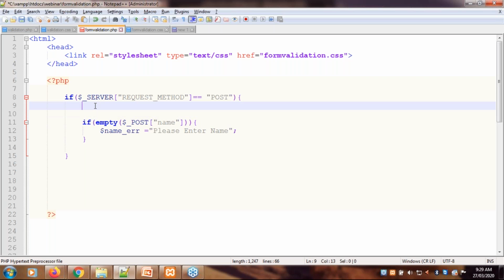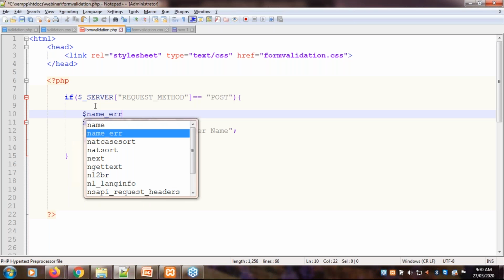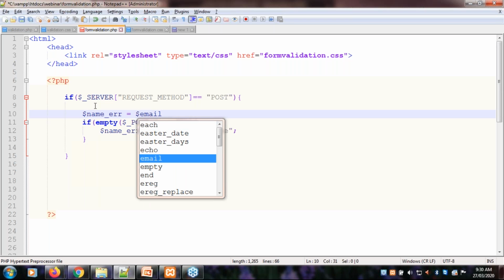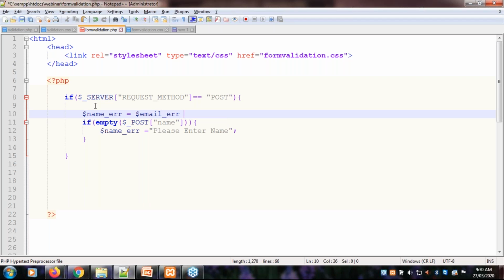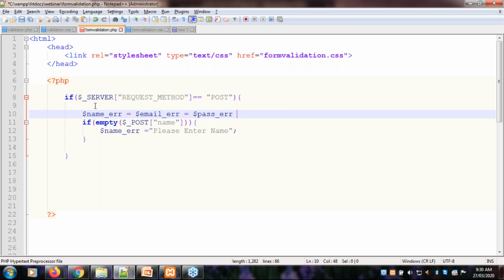Now, first we have to define the variables that are used to display error messages. To display the name error, I am using $name_err. In the same way, to display email error, I'll use $email_err. To display password error, I'll use $pass_err.